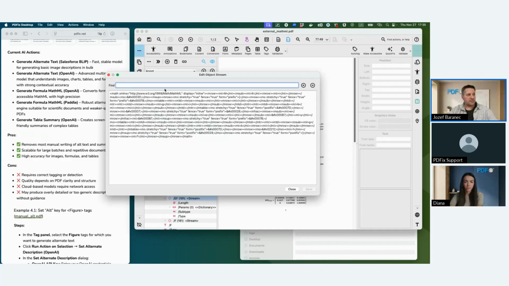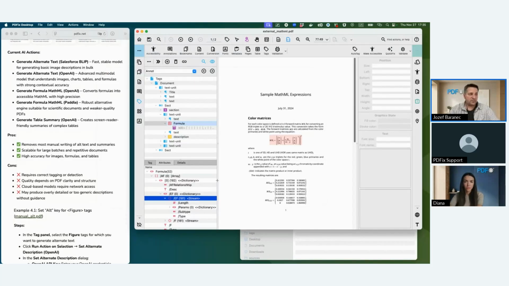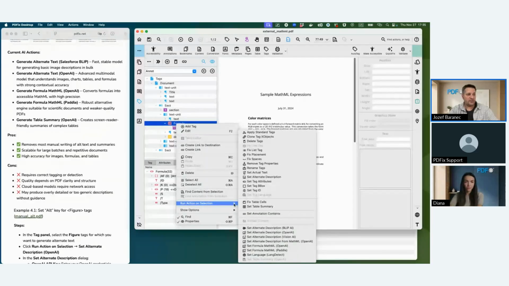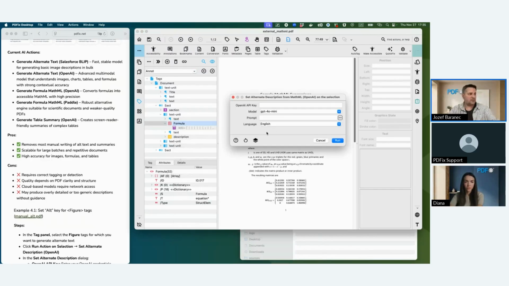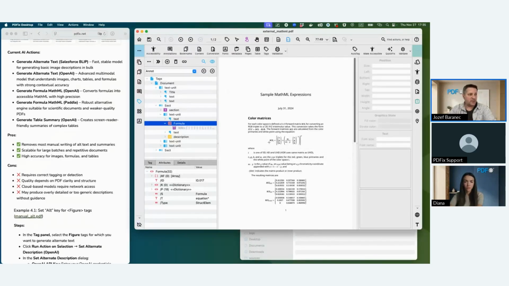This is an XML which defines this math formula. This math formula was generated using an AI. Actually, it's machine readable, and now it's a good resource for making alternate text for formulas. So running the same process like we did before, we can run the alternate description from MathML, for example, using OpenAI. So running this, I don't have the API key. Never mind. Running this AI,